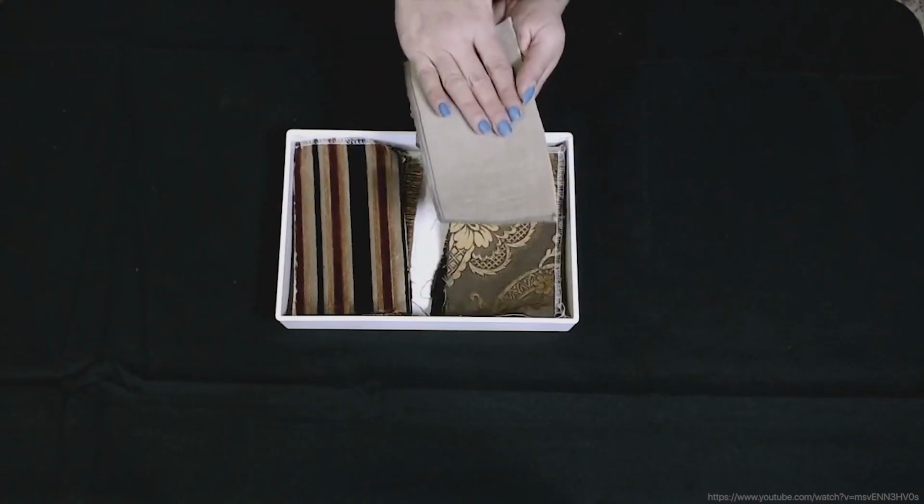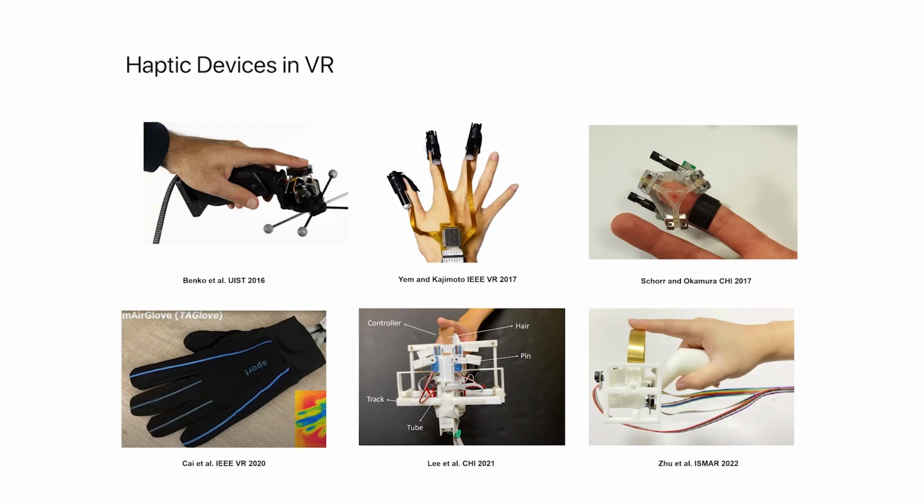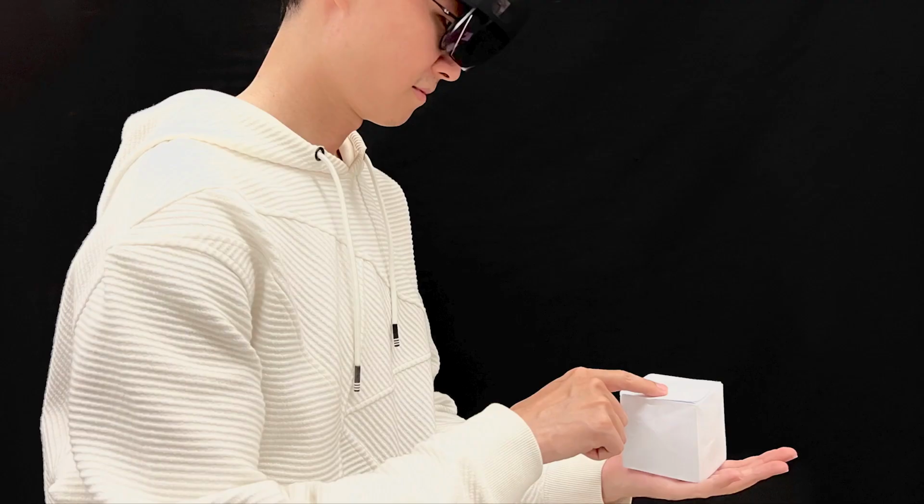Through direct touch, we can perceive the material properties of physical objects. Many researchers have developed various haptic devices for users to feel tactile properties in VR. However, applying these haptic devices in mixed reality, where virtual contents can be overlaid or mounted on physical objects, may